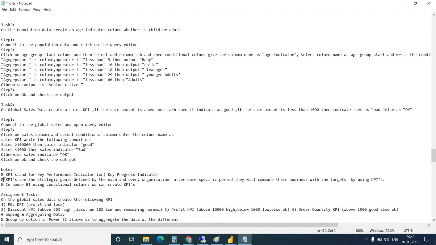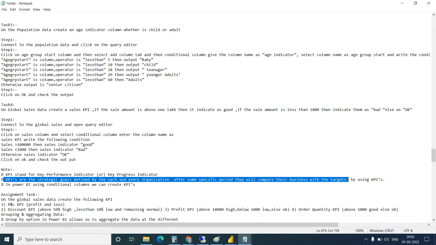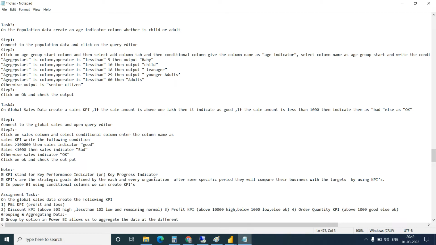KPIs are the strategic goals defined by each and every organization. After some specific period, they will compare their business with the targets by using KPIs.